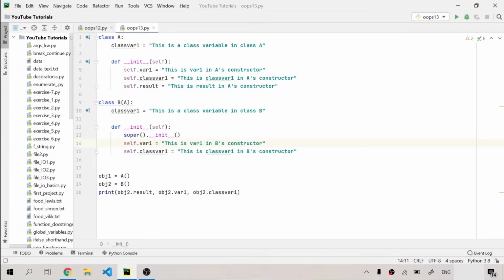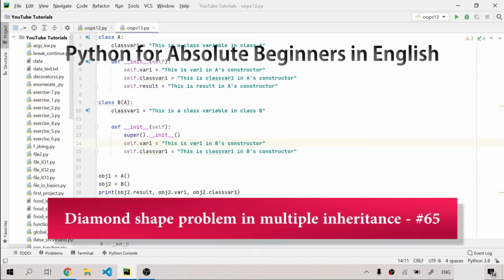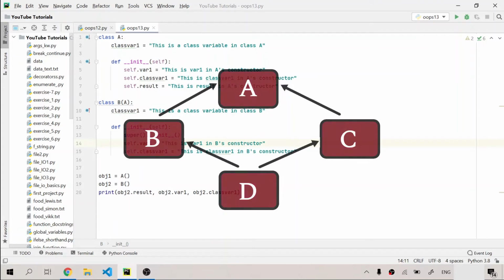We had talked about multiple inheritance in this playlist and how it works. So, in today's video, we are going to discuss its most famous problem, that is the diamond shape problem. Now, in the diamond shape problem, we basically have four classes and we are going to name them class A, B, C, and D. Class D is a subclass of B and C, and the respective classes B and C are the subclasses of class A. So basically class A is the parent class at the top, class B and C are in the middle, and then class D is at the bottom. So it kind of forms a diamond shape if we look at it like this.